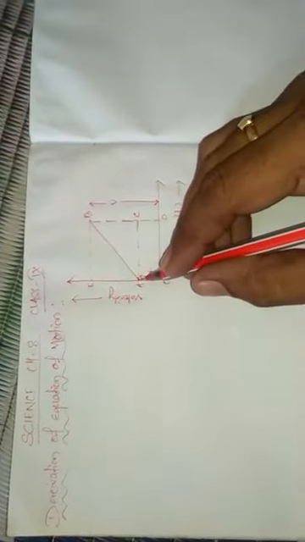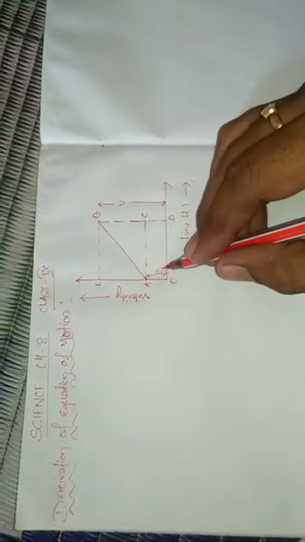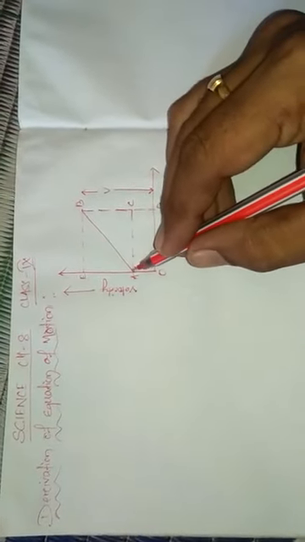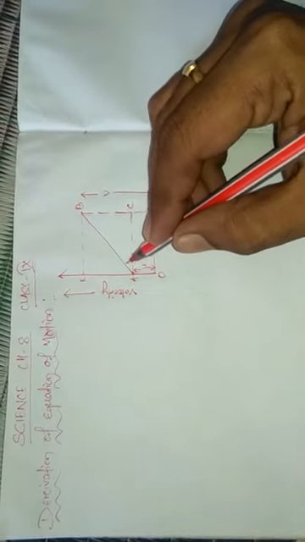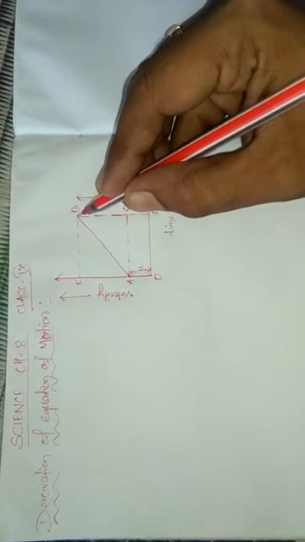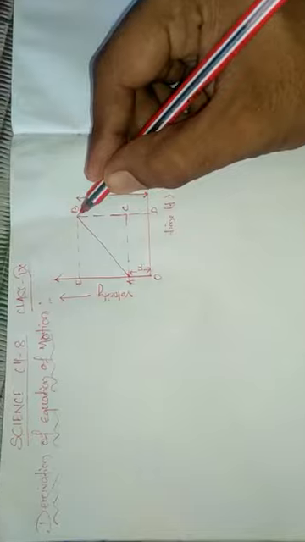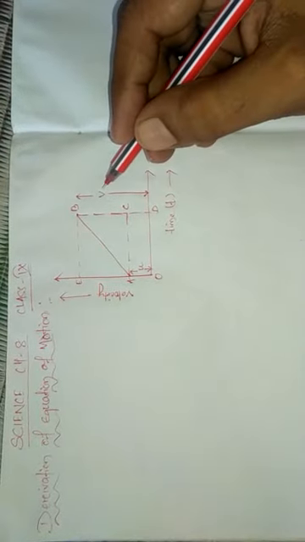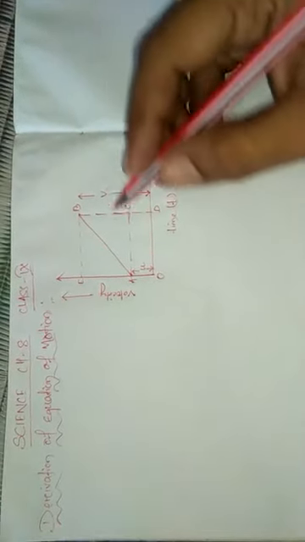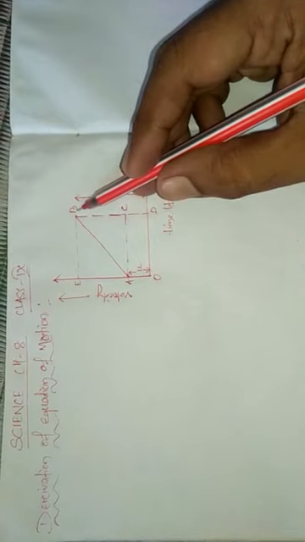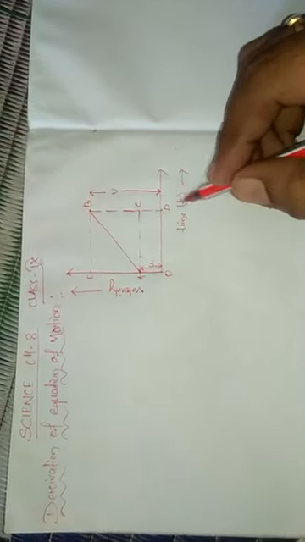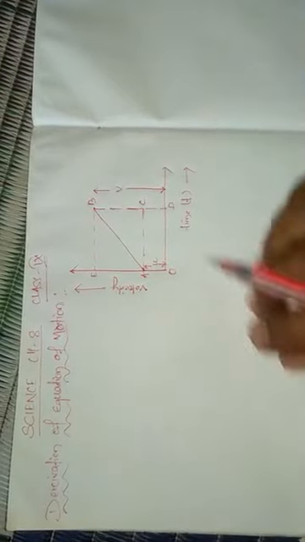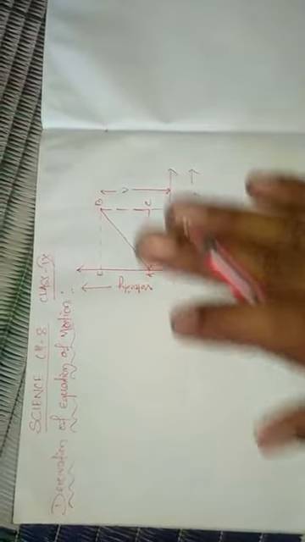I have chosen a body which is having some initial velocity u at point A. From A it is having a uniform acceleration and reaches point B where the velocity becomes v, that is the final velocity. To attain the final velocity v, the body has to take a time of t, that is at point D. Now this is the velocity time graph from which we are going to derive the equations of motion.